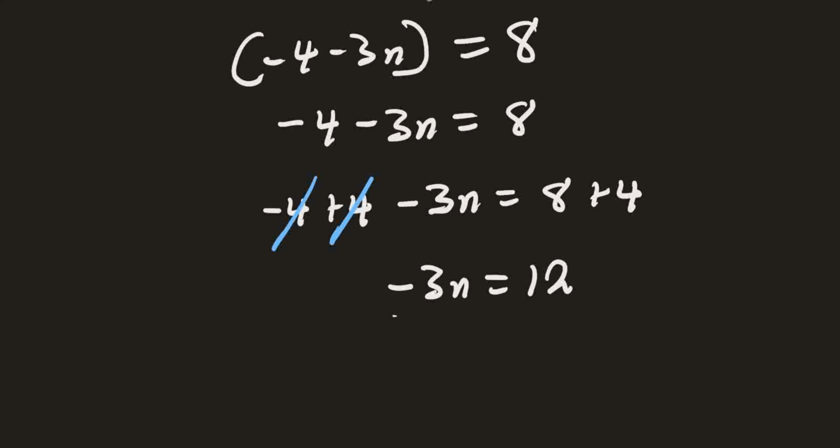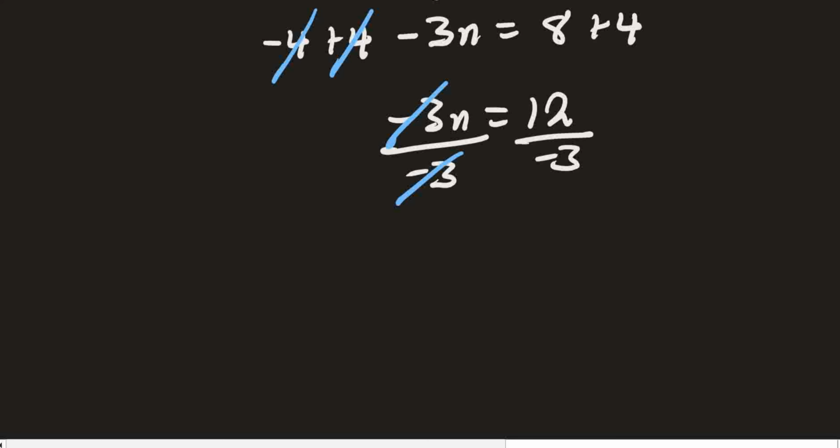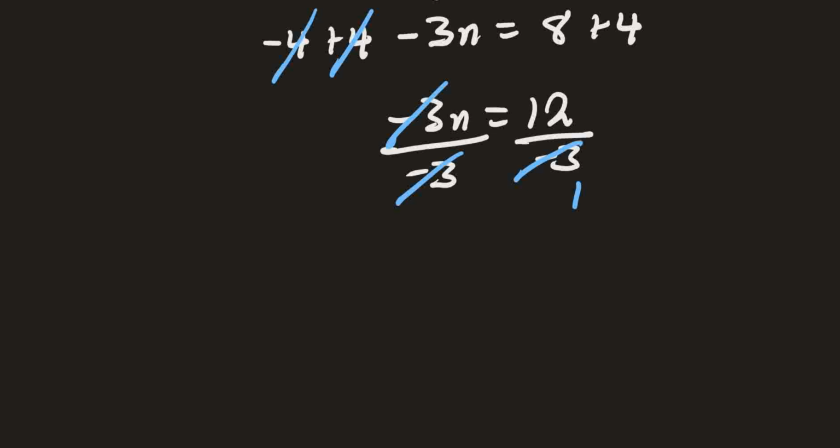So now we can divide both sides by negative 3. And negative 3 will cancel negative 3 from here. Negative 3 divided by negative 3 is 1, and 12 divided by negative 3 is negative 4. Therefore, n is equal to negative 4